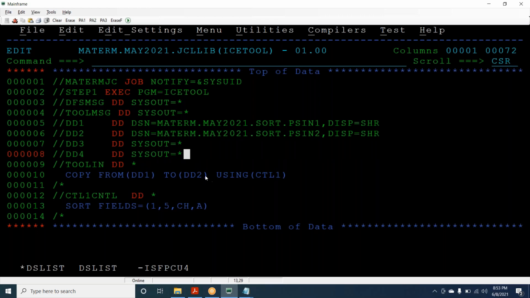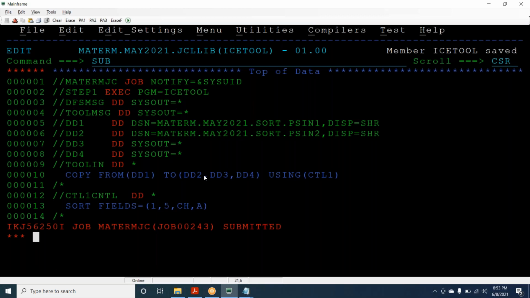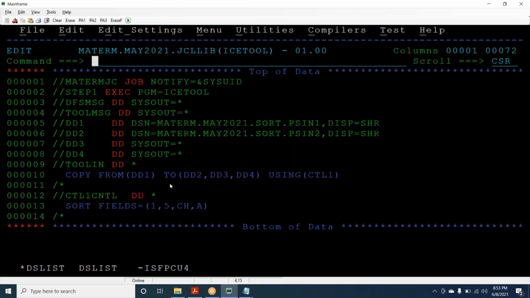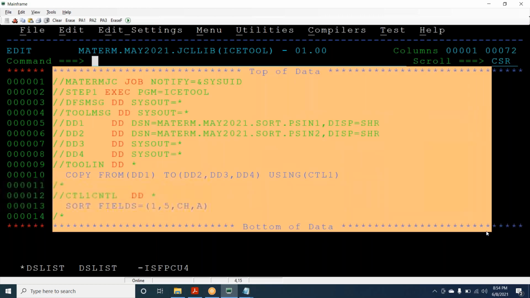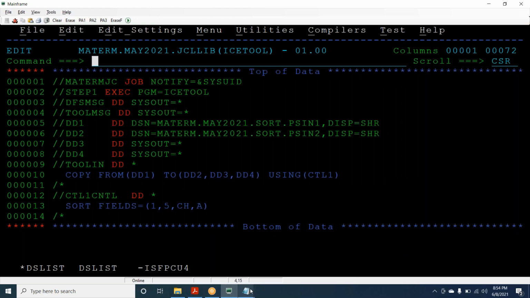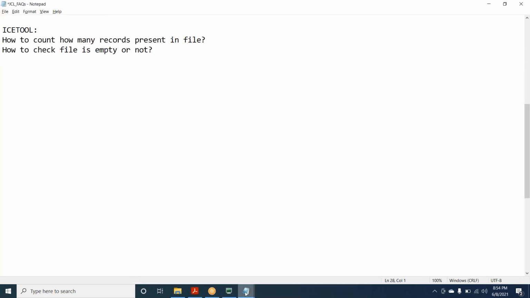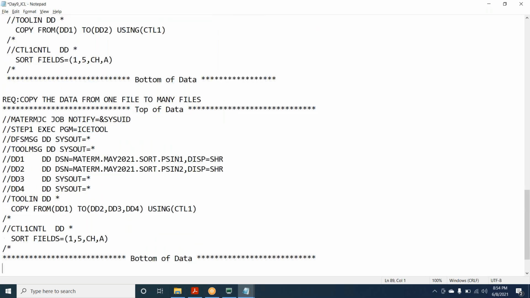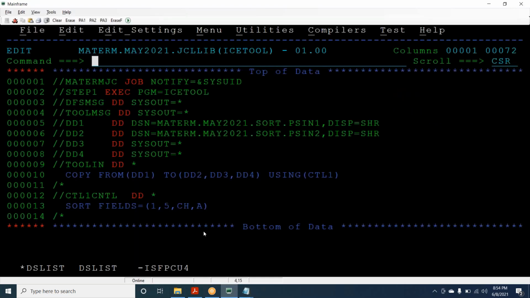So here I can mention DD3 and DD4. Whatever DD2 is going to contain, it is going to contain the same output in DD2, DD3, DD4. Now I don't want to focus on that particular part. That is the reason I did not show the output, but you can execute it.